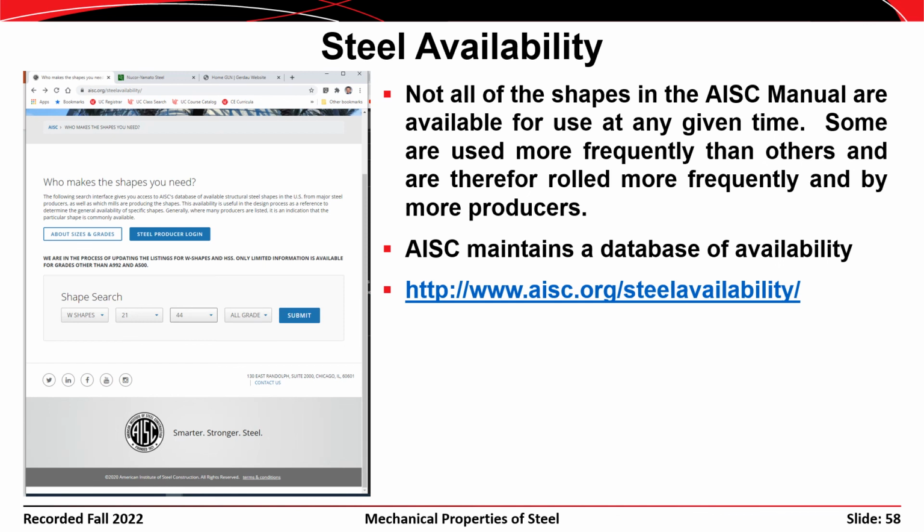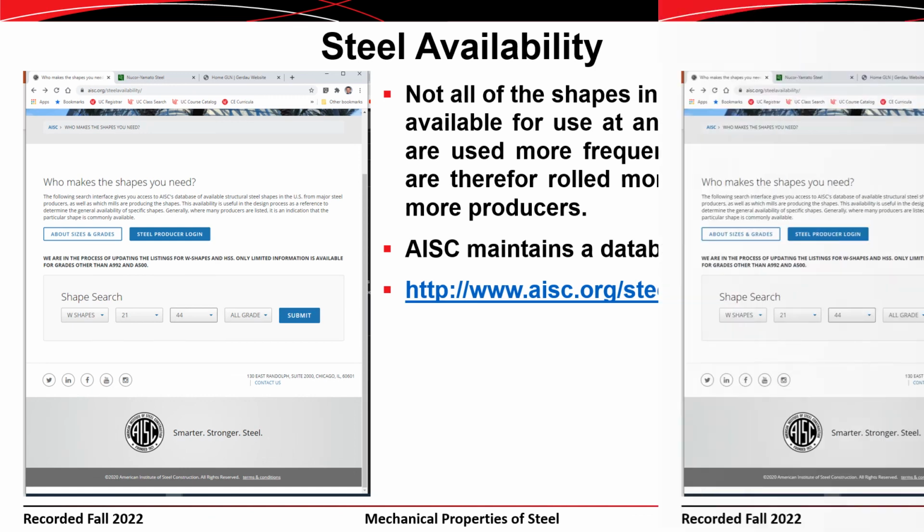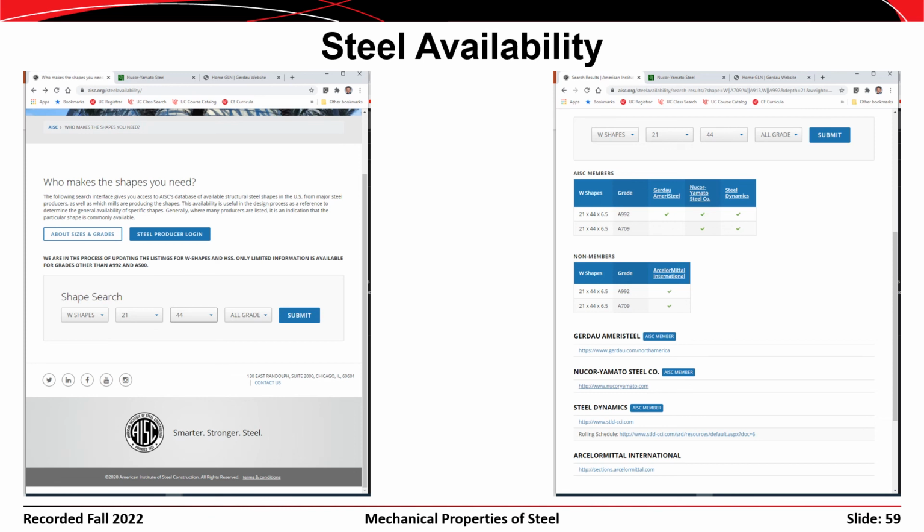So it would be unfortunate if you put together a design for your project only to find out that the cross sections or the shapes that you specified weren't available for a fabricator or erector to actually build the structure out of. So AISC maintains a database of availability for shapes, and you can navigate to it using the URL that's shown here. And when you get to that web page, what you'll do is enter the cross section you're interested in, say a W21x44 in this instance. And if we enter the data for a W21x44 and hit the submit button, then you get these